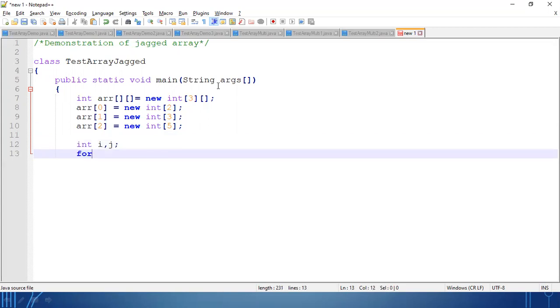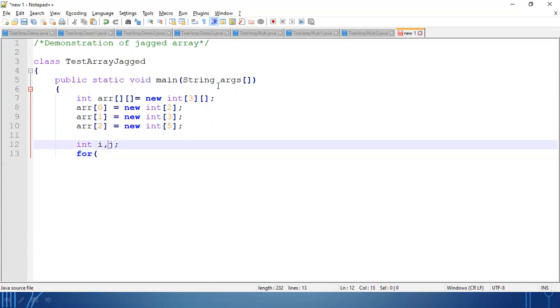So here I am taking the input. To take the input, I am keeping a track.